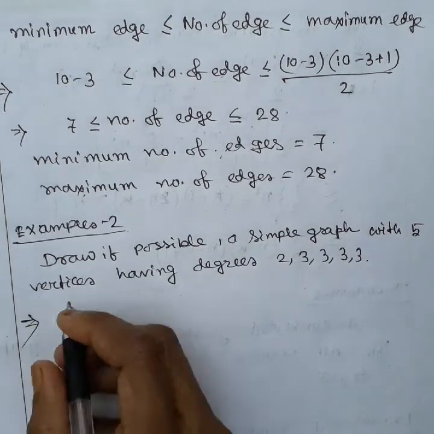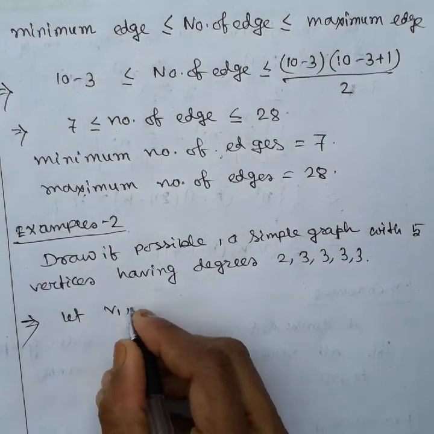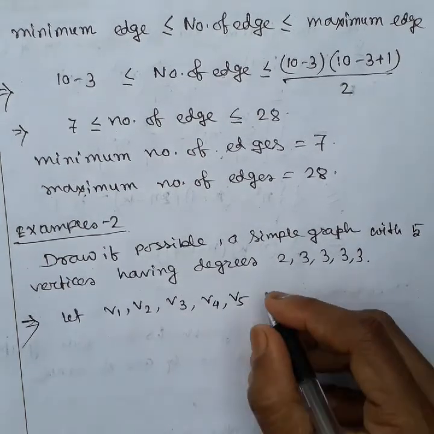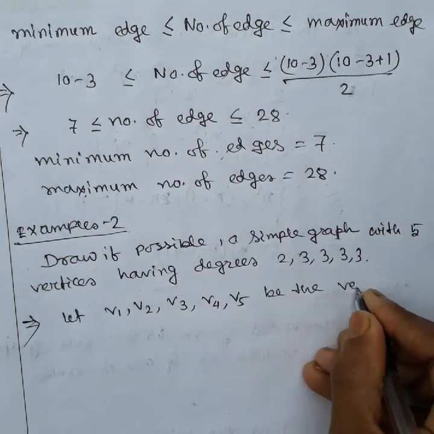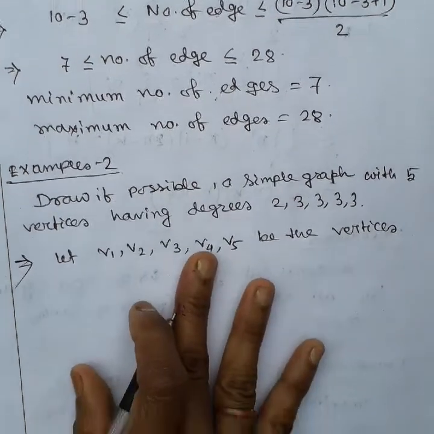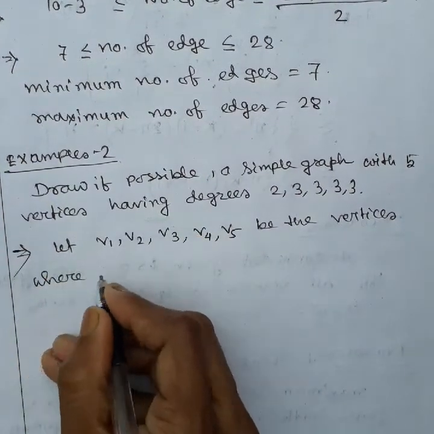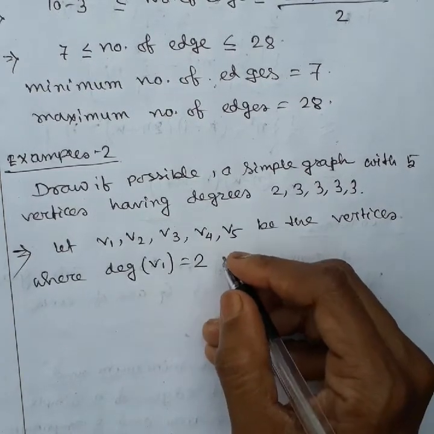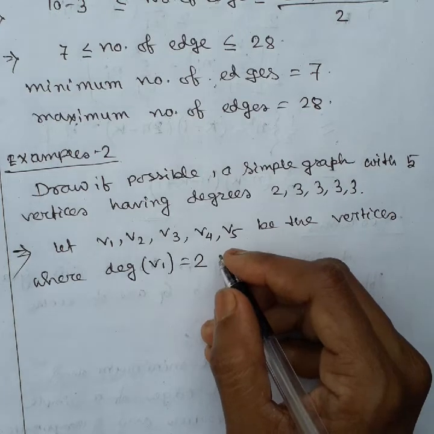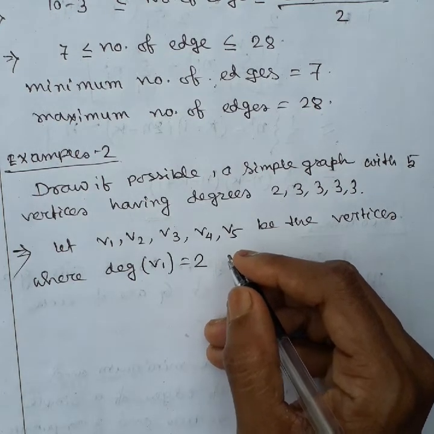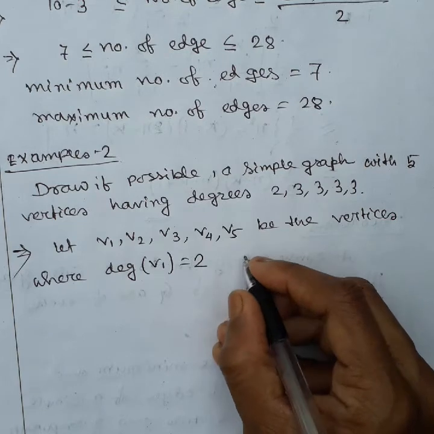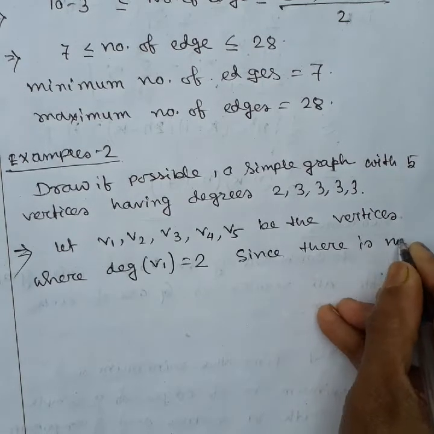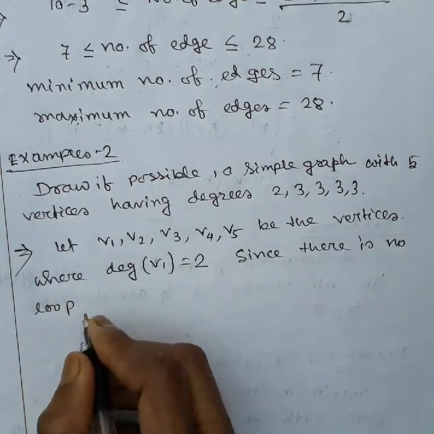Okay, so let V1, V2, V3, V4 and V5 be the vertices where degree of V1 is equal to 2, and since there is no loop, as it is a simple graph,